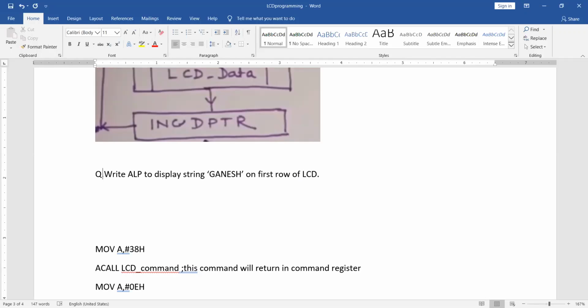This is your question, and you have to do this in Proteus and display Ganesh on the LCD. I'll give you the program today. Write ALP to display string Ganesh on the first row of LCD.